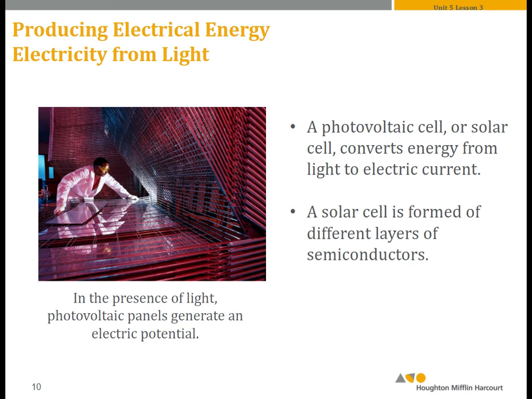Photovoltaic cells utilize the photovoltaic effect, in which certain materials emit electrons when light shines on them. So there are certain materials that are also excitable, just like those special chemicals inside chloroplasts, or not just like them, but much like those special chemicals inside chloroplasts. And they actually emit electrons when light shines on them. And then those electrons